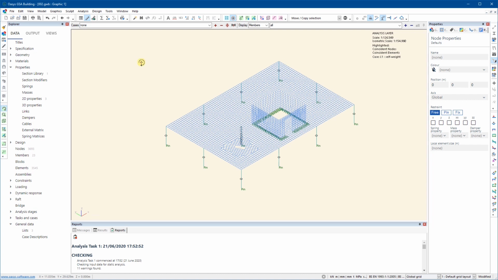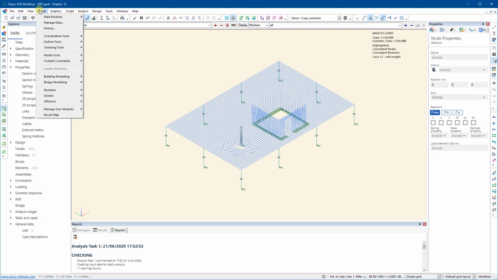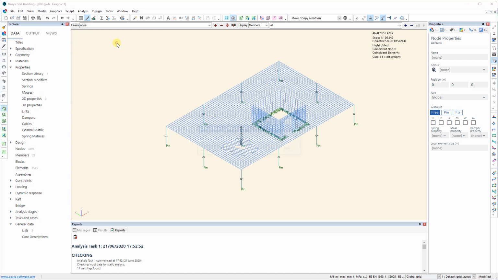So what I'm going to do is get rid of all this. If I go back to Model, Coordination Tools, and delete elements from members. Essentially I want to delete the analytical part of the model. And I can choose to delete everything or individual bits. Just as an example, if I deleted just the slab,